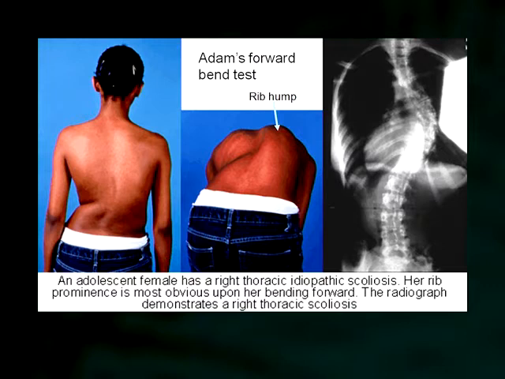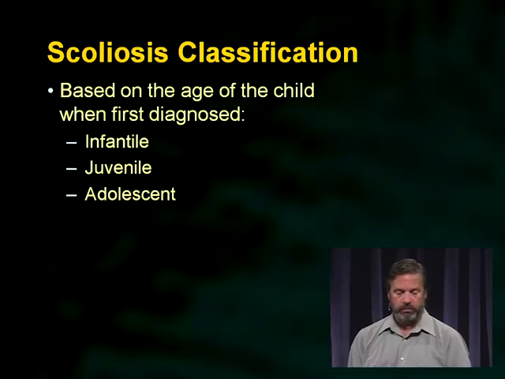So this is obviously a case where you don't even need to do the test because you can see the patient has scoliosis when she's standing upright, but you can see when she does the Adams forward bend test that she has a significant hump, and she obviously has significant scoliosis. When you're screening patients, it's not going to be this obvious, and you need to be more careful and look at how the creases in the back are folding out and whether or not there's a rib hump.